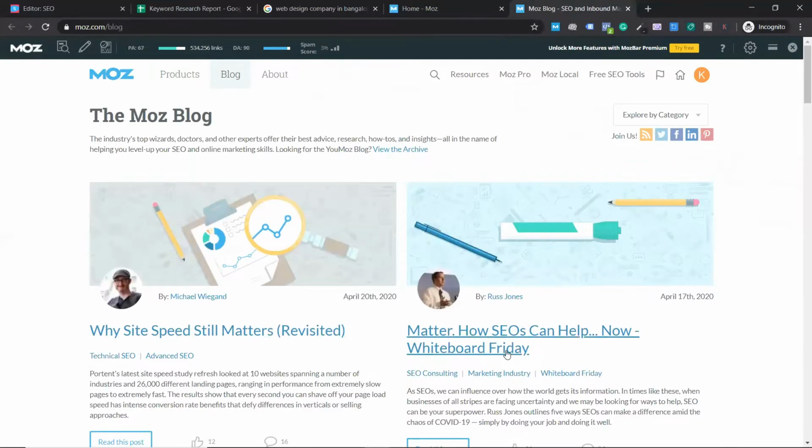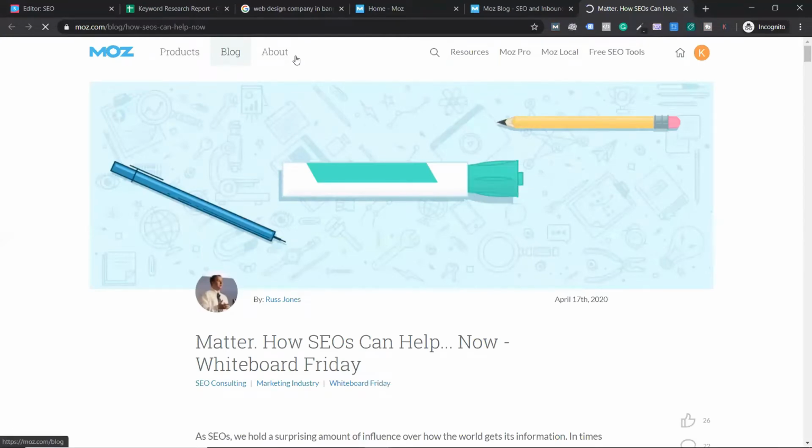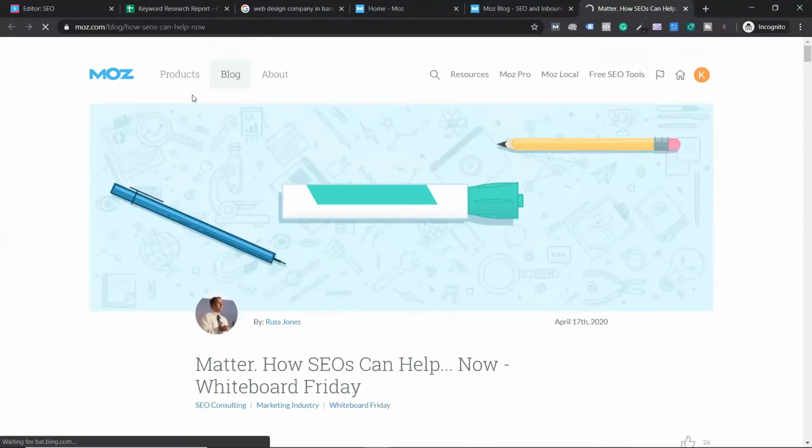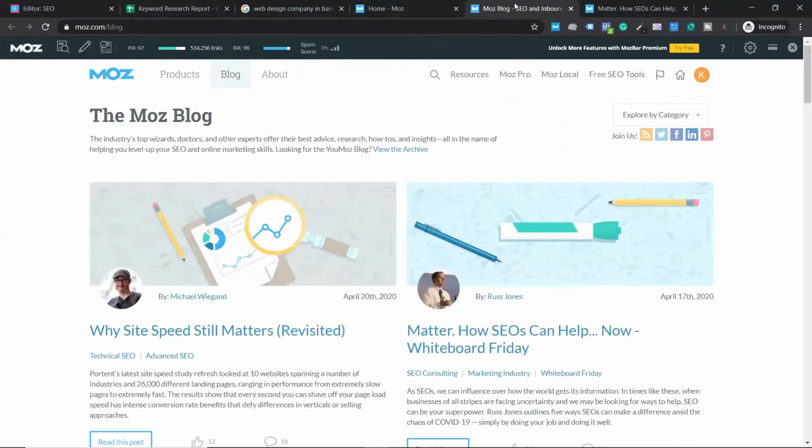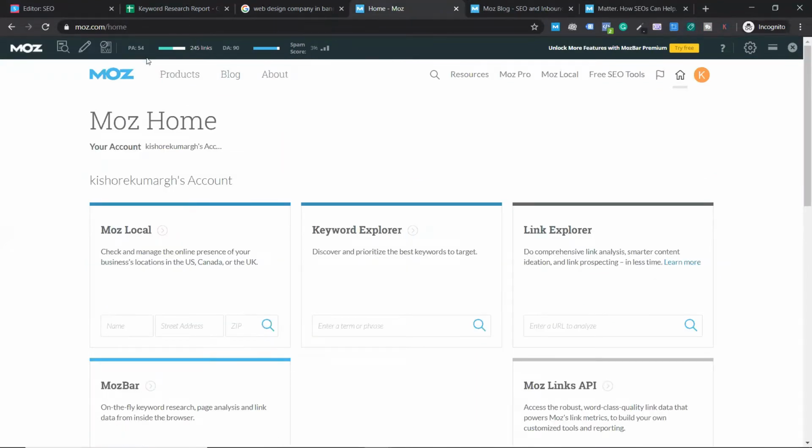So if I open one of these blogs, now you'll be seeing different metrics. Just check it out. Now can you see here 45? Can you see backlinks? One of the backlinks is 160. Like this, for each and every single page, the metrics will change. This is called page authority, whereas DA stands for domain authority, which covers all the backlinks combined.